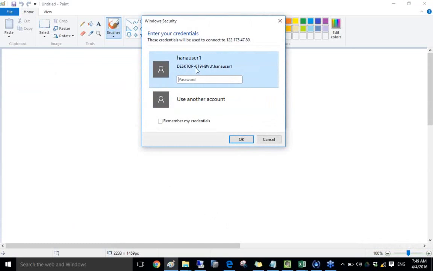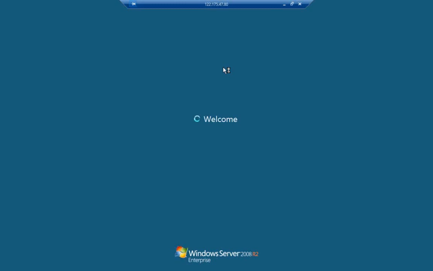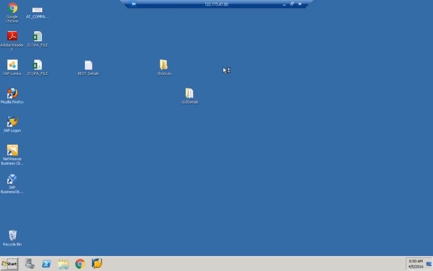Let's provide the username and password. So once we are inside the remote desktop connection,